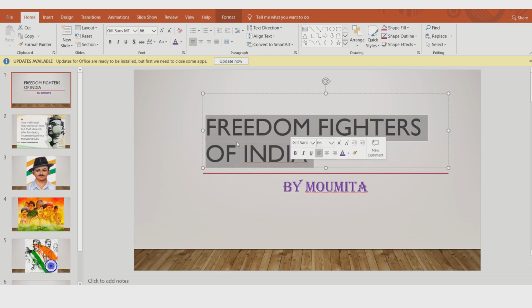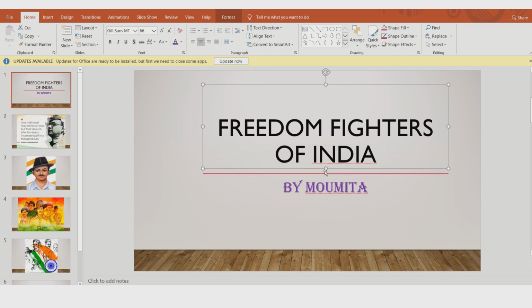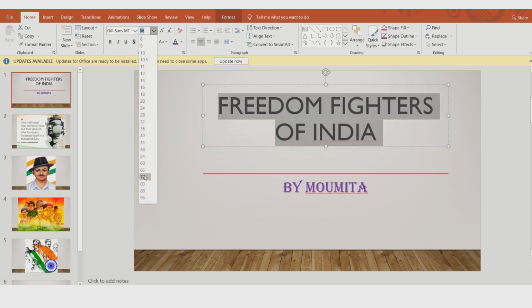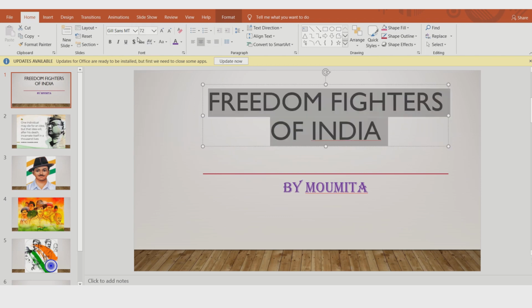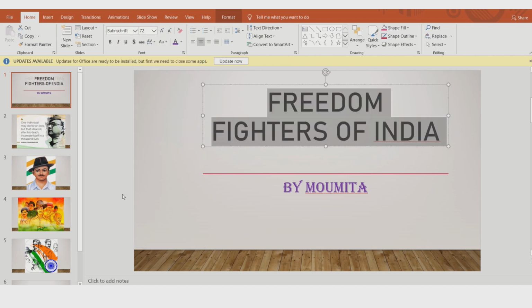You can give it the middle position and choose different appearance. Suppose I am changing the size and font, see, and suppose I am choosing this.